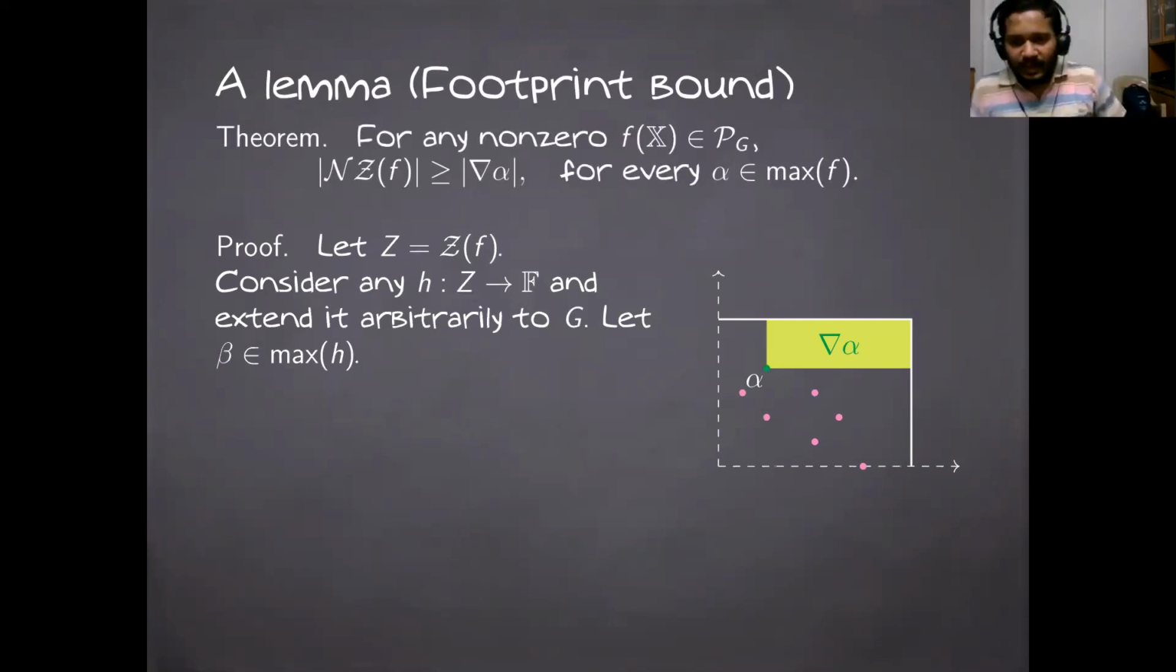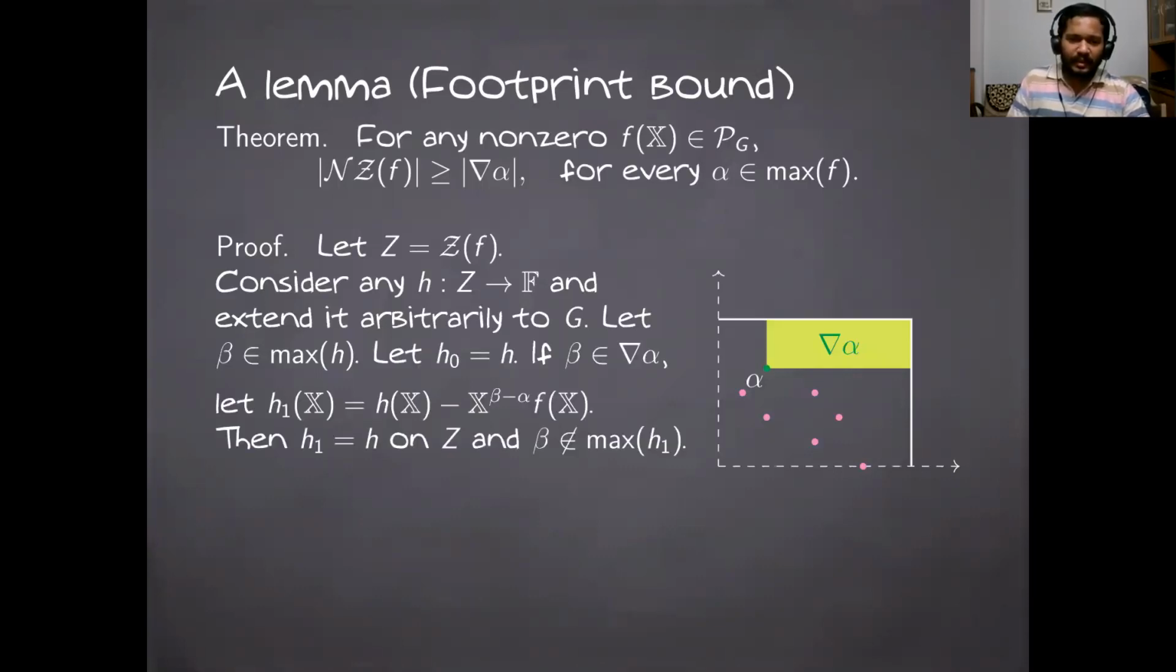Well, let Z be the zero set of f, and take an arbitrary function on Z and extend it to the grid. Now H has some polynomial representation. Let beta be a maximal monomial there. What we conclude is that we can always reduce this monomial as long as it is inside the shade. So we do it in an algorithmic fashion. If H0 is H and if beta is something that is in the shade of alpha, then we can